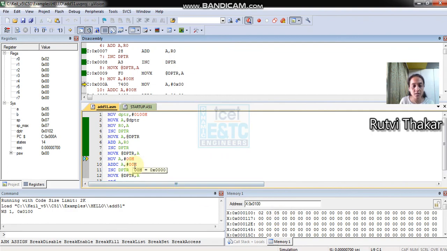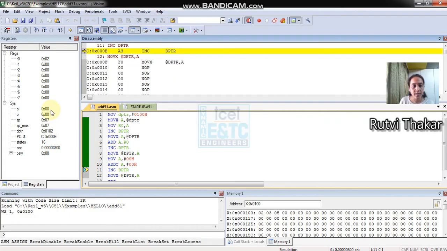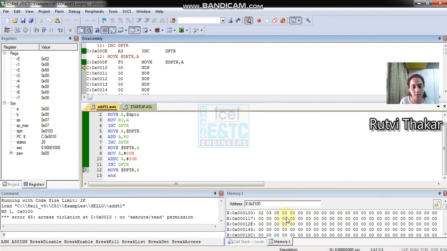Since I have taken a small value which does not generate a carry, it will clear the accumulator and increment. There is no carry generated with ADDC, so the value next to that will again just be stored as 00. So this is how we can execute the program in Keil using the 8051 IC.